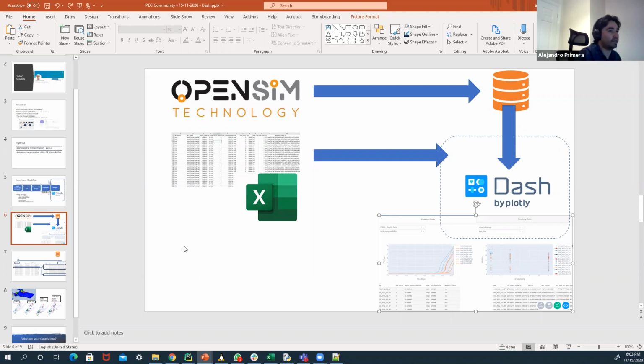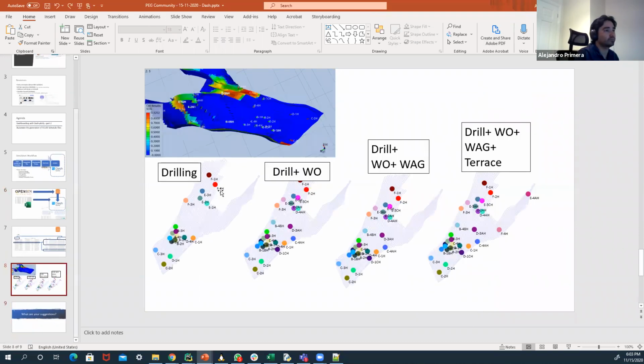So the next part. This is something that I was showing in the economic session the last time. The idea was to take a NORM model. It's a North Sea offshore field, and the simulation model, as it comes, it has some